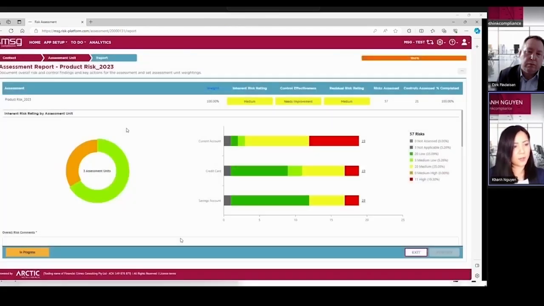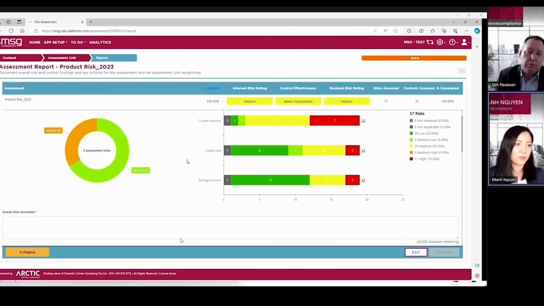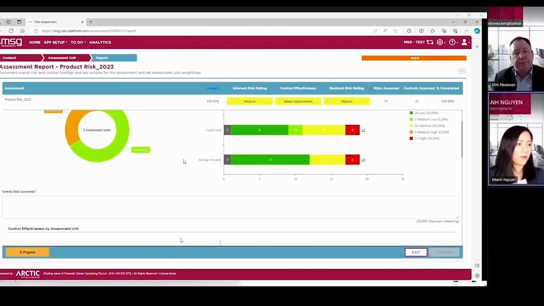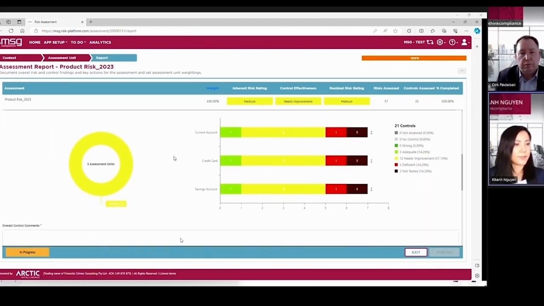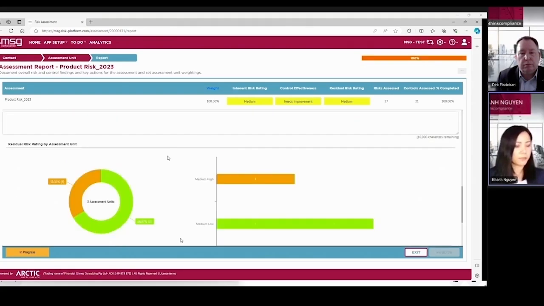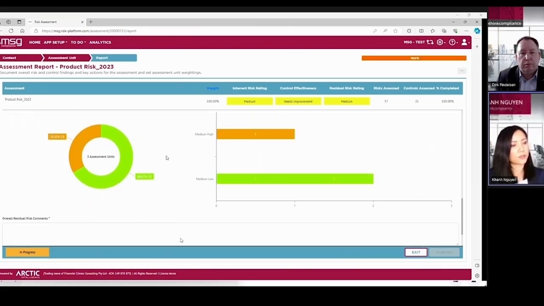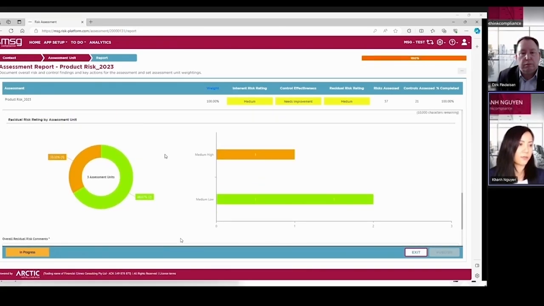So a product that you create more revenue with would have a higher impact on the overall product risk assessment. This is a very great way to have an assessment of your entire portfolio. You need the different inherent risk of each product, but also the control effectiveness. And of course, the last aspect is the residual risk rating.